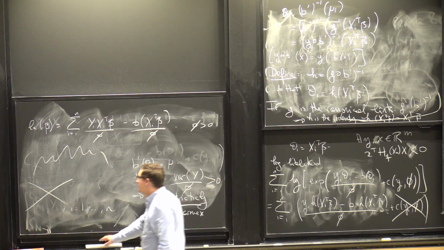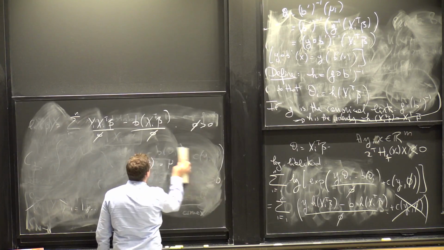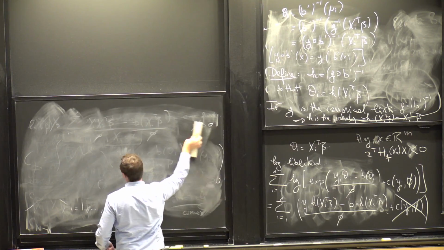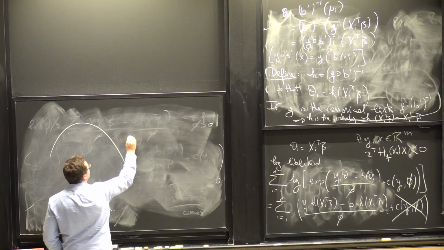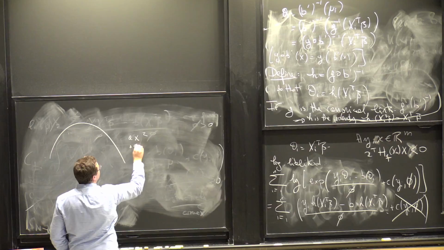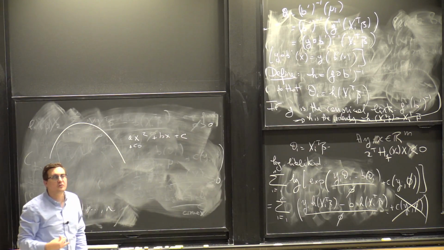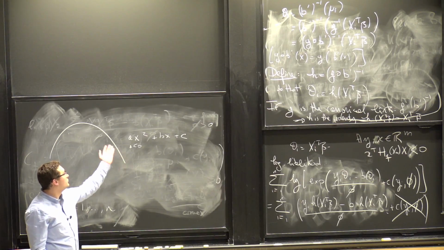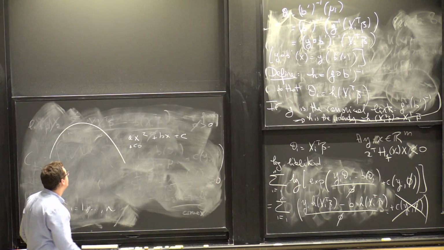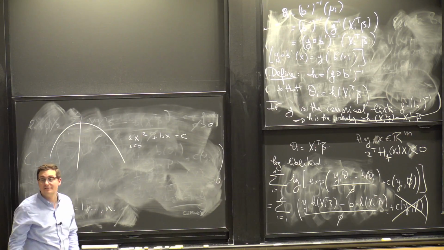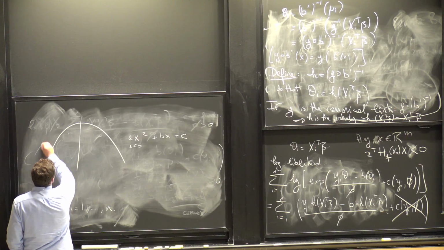So this is how it works. Okay, if I give you a function which is concave and quadratic, it's going to look like this. All right, so that's of the form ax squared, where a is negative, of course, plus bx plus c. Then you can take the derivative of this, set it equal to 0, and you will have an exact equation for the value of x that realizes this maximum. If I give you any function that's concave,